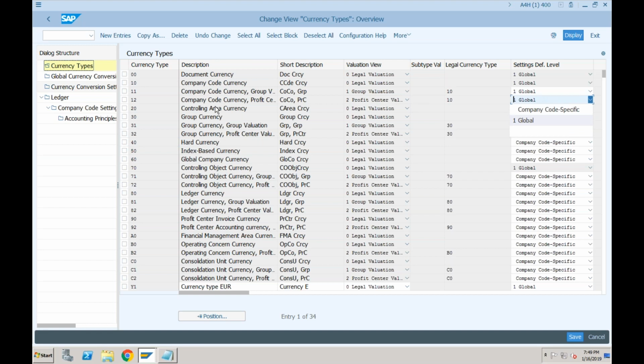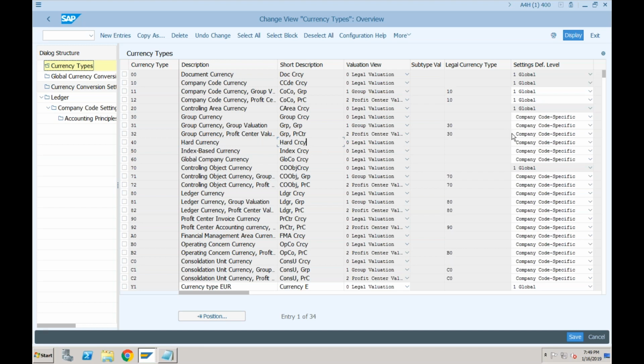For example, if I want to restrict hard currency as USD for all the company codes in the system, it should not happen that if I go to company code A, hard currency is USD, and if I go to company code B, hard currency is Euro. So you can decide whether you want to keep these currency types as company code specific or global.